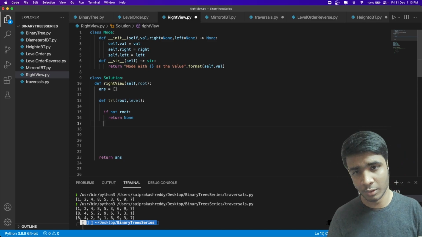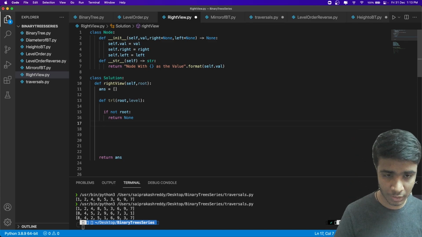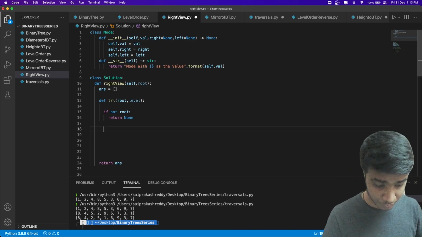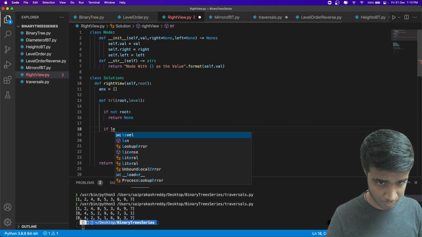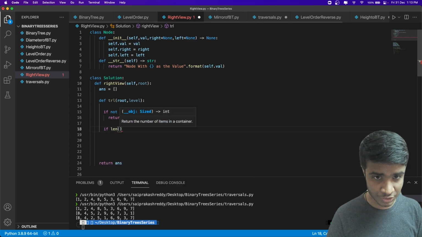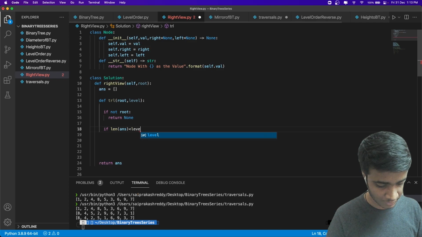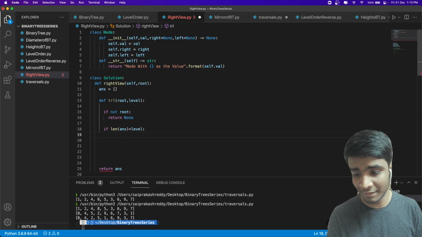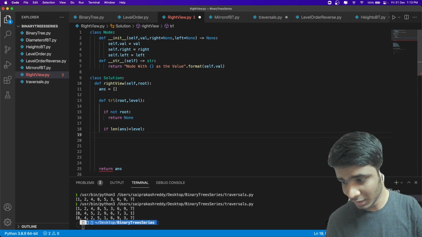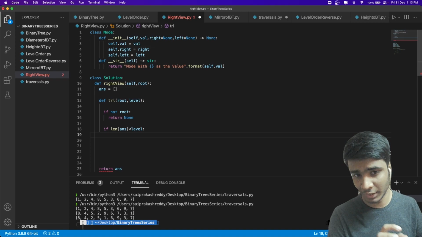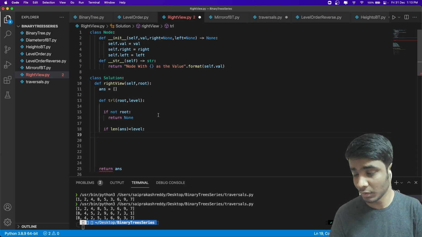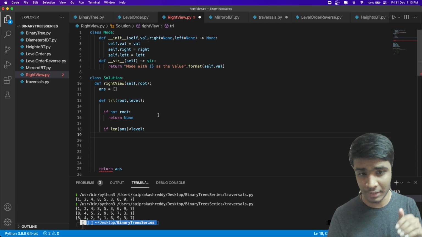But for finding heights and depths, you have to return zero, right? That was the one mistake that we made there. So there's only a little change happening here. I will check the length of the answer array, and if it is less than the current level that I'm in, that means I haven't seen any element in that level, right? You get my point? This is the first time that I'm seeing an element that belongs to that particular level. Whoever has called this function, whatever is root, is seeing this for the first time. There is no element present at that level, right? That's what we want.